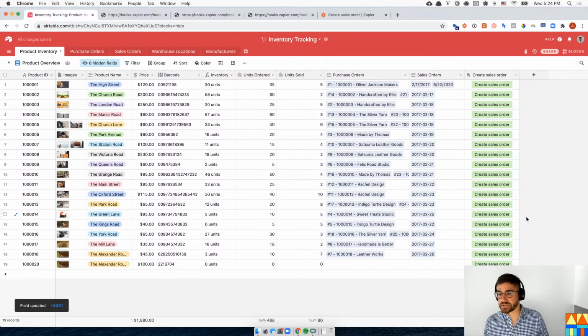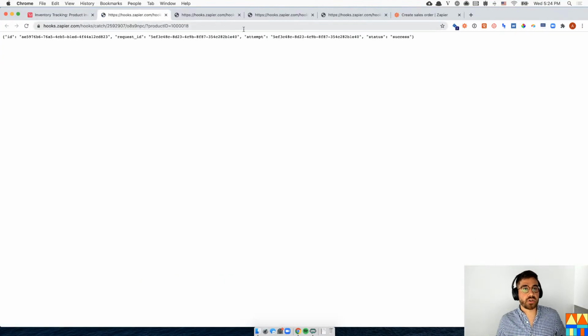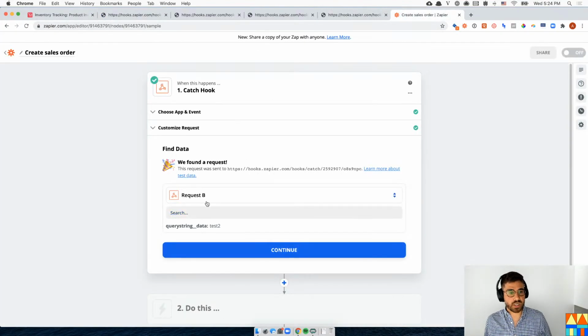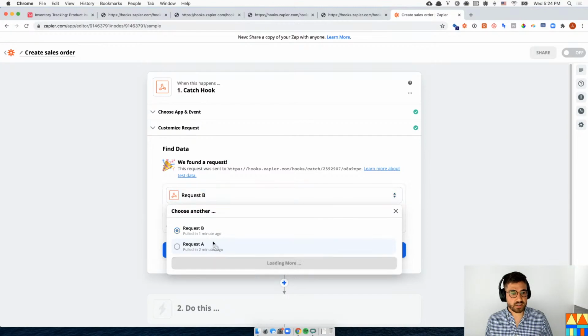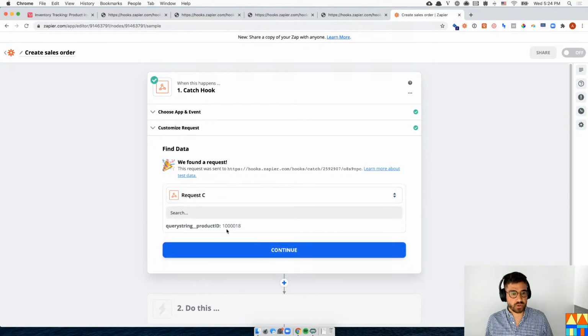And let's just test this, right? So essentially, if I find this right here, this is our little scan, right? Create sales order. That's going to open a URL. And if I find this one, it should have the product ID of what I just sold. Query string product ID 10008 or 18. So that is exactly what we wanted. And now what we can go ahead and do is create a new record